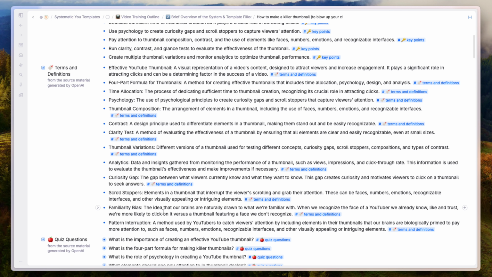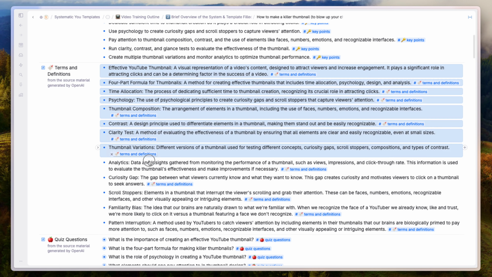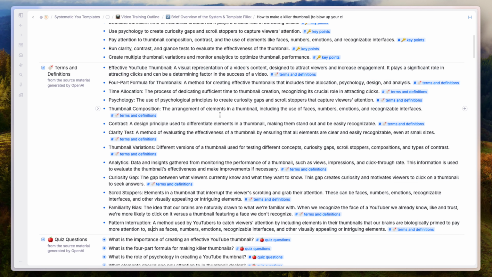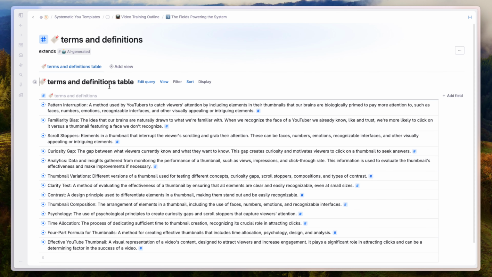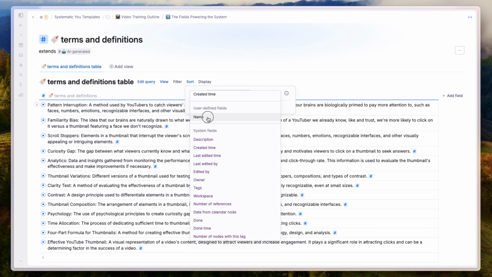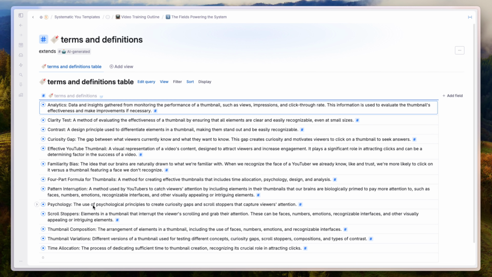For the most part, I have not seen, when I've used this, the AI repeat terms and definitions. You will, however, notice over time, you will have repeats across other sources. So what I recommend doing is just every so often going to your terms and definitions Supertag. By clicking on it like I did, you'll see all of them here. You can sort them by the name, and then just do a spot check to see if you have any